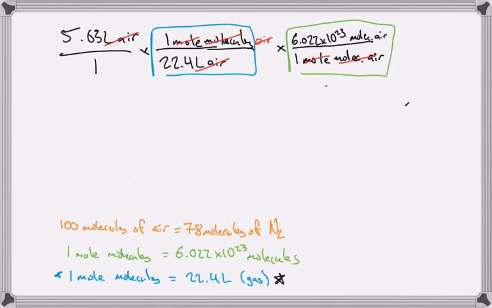Finally, molecules of air is what we have now, and we need to go from molecules of air to molecules of N2. And luckily we have a third conversion factor that will allow us to do that. So I'm going to write multiplication here, and then on the next line I'm going to write the next conversion factor. Since molecules of air are on the top, we need to make sure that that cancels out to convert our units. Molecules